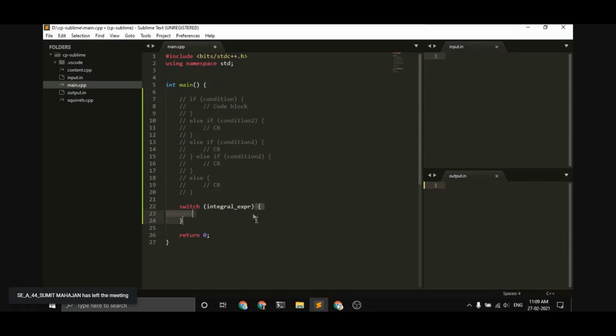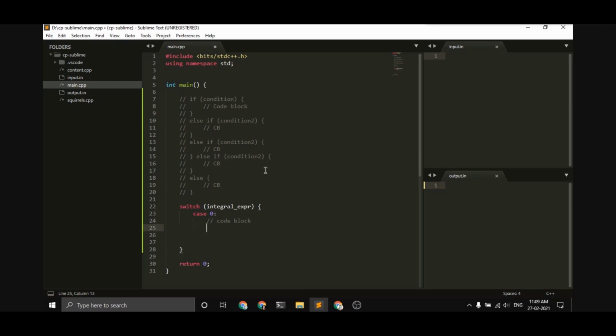And inside these curly braces, you actually write your cases. Let's say we write case 0 here. What this means is compare this integral expression with 0. So if this integer is equal to 0, we'll execute the code block here, the code statements here.